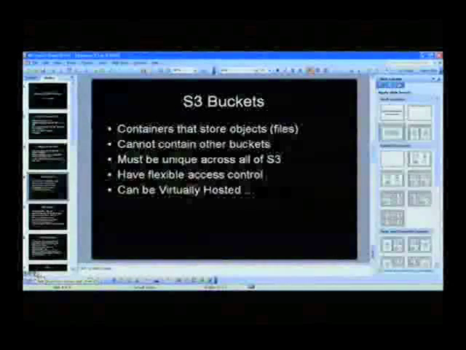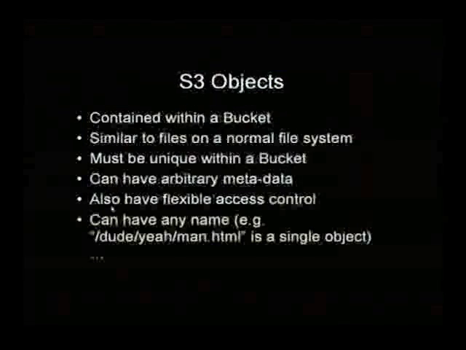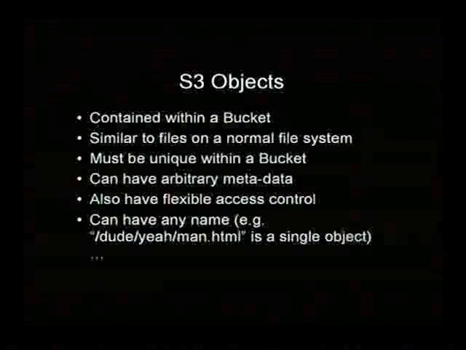So it's very interesting how they chose to do this. Inside of your bucket you can have objects, and they're similar to files on a normal file system, except with one exception. They're only contained within their parent bucket, and that's it. There can only be one level of buckets, just flat buckets and then objects. And they obviously must be unique within a bucket, can have arbitrary metadata,